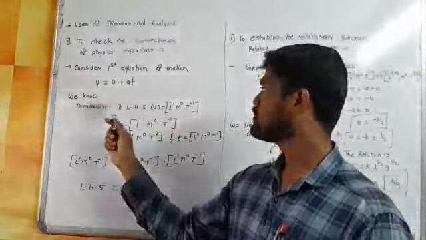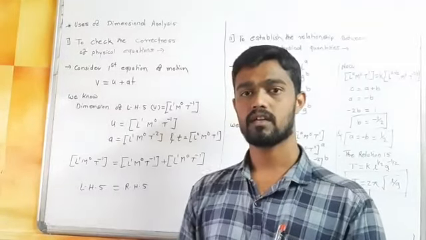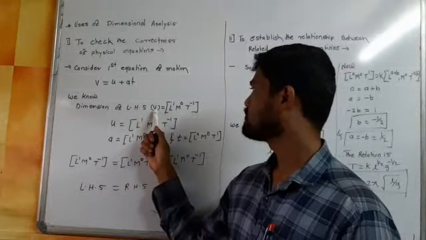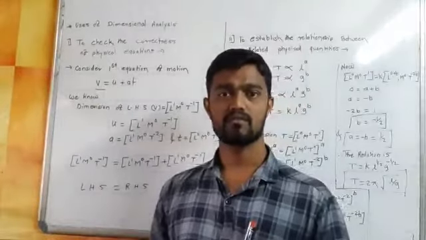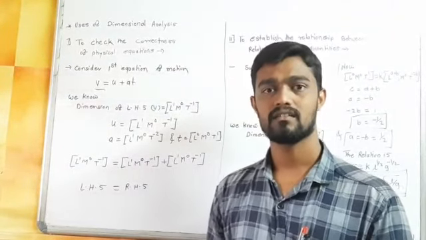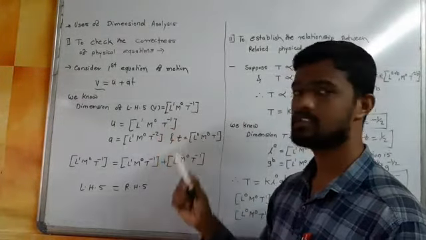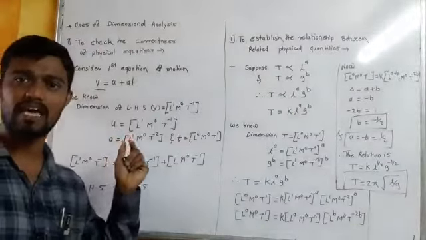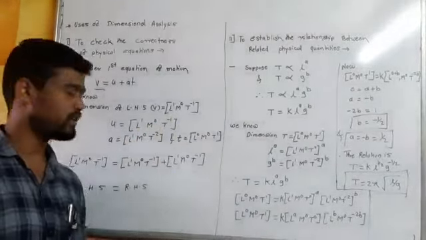So we know the dimensions. You have a dimension chart in your textbook. Refer to this dimension chart and write down what is my LHS. LHS is my V. So first we write velocity's dimensions. Velocity's dimensions are L1 M0 T minus 1. So I write here L1 M0 T minus 1. Next we find the dimension of initial velocity. This and this one are the same, so I directly write L1 M0 T minus 1.